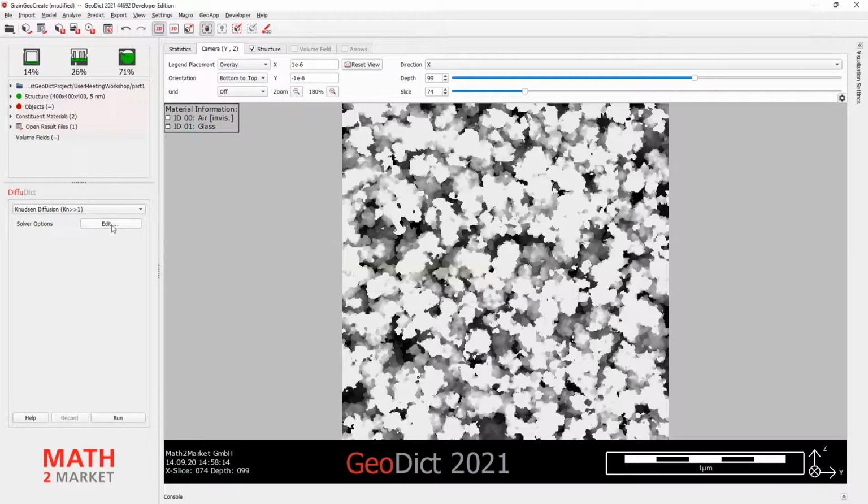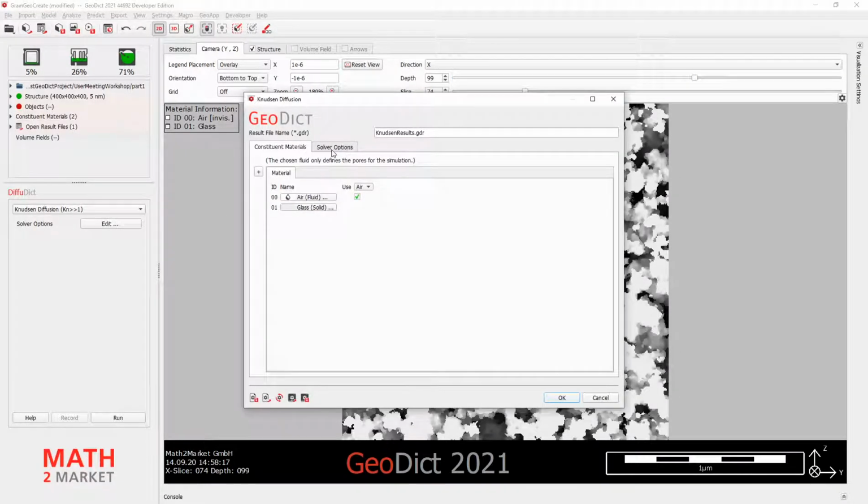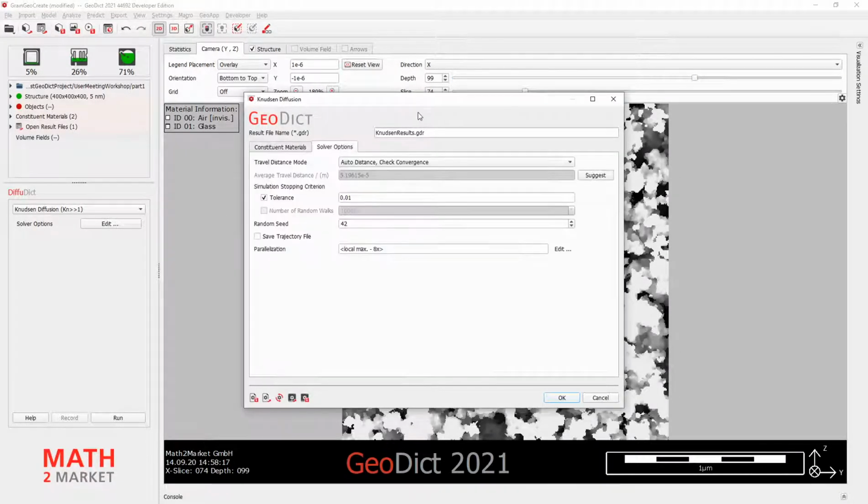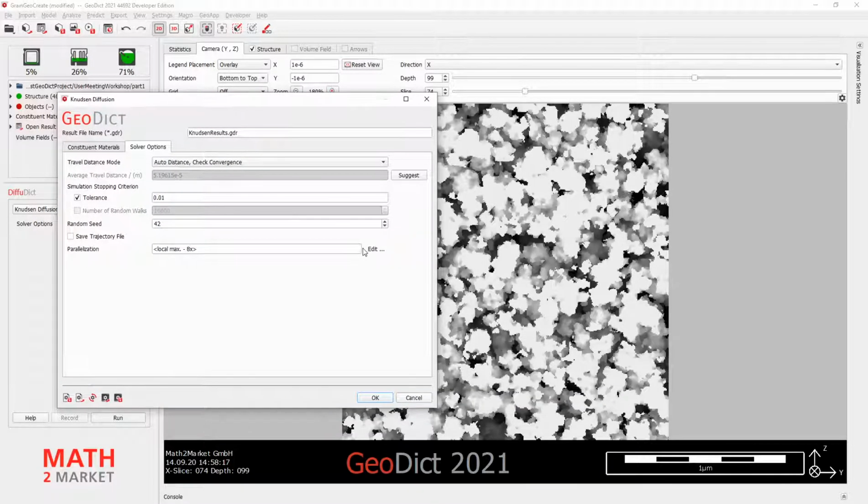So, and then to simulate that, click on solver options. Here in the solver options tab, we can set up everything. Because we want to have a faster solution for today's workshop, I will change from auto distance to fixed distance. It will be much faster, but not so accurate anymore. For the average travel distance, I will simply take the suggested value.